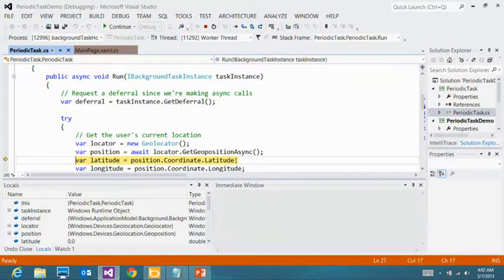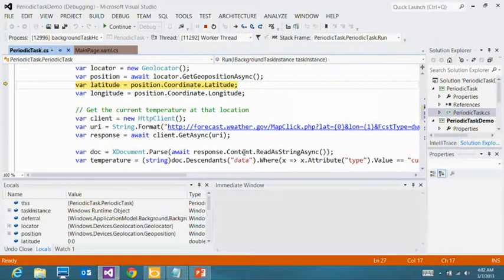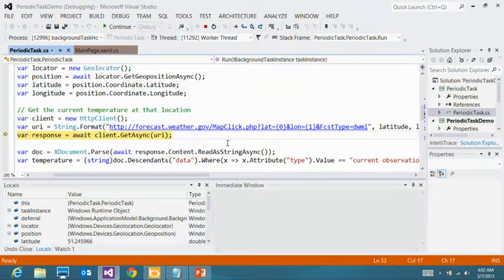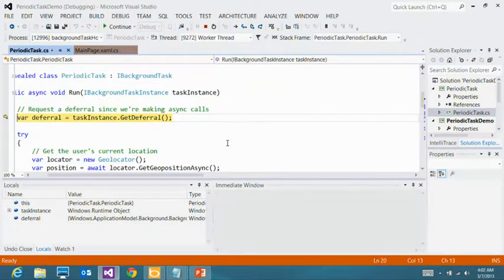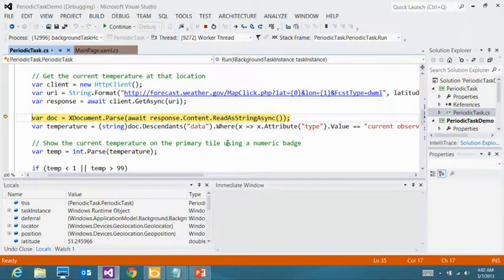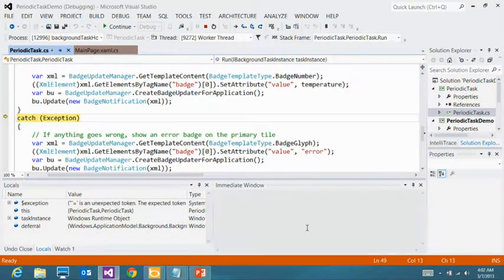Now, what is the latitude and longitude we got back? We got back a latitude and a longitude. So I'm betting that we're not going to get anything out of this government weather service. Let's see. Okay. All right, we're re-entering it here. And let's see what happens. I wonder if I'm going to throw an exception. Yep, so the XML I got back from the service was not what I expected, so the problem is that